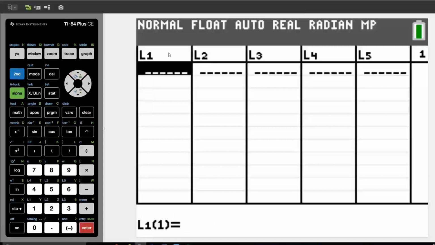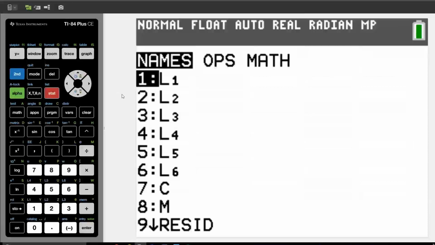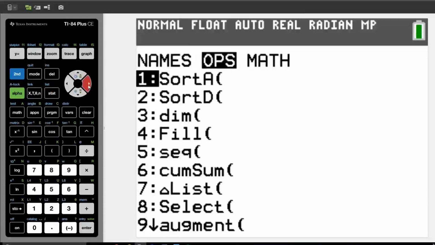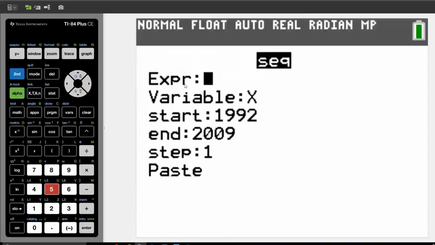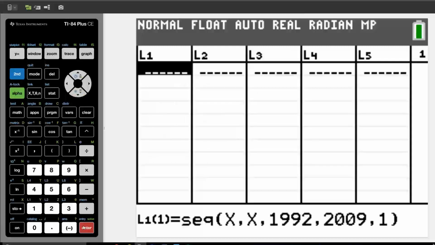Now, we could get the students to type them all in by hand. That could work. I did say that we could actually type the dates. Since it's a sequence, we can do it a little bit quicker, and you could race the kids to do that. To do that, we go into List, across to Operations, and that's number 5, and then we just follow through this. So the expression would be X, because it's just going up by 1. There's the variable. 1992 is the start date, and we're going up every year,